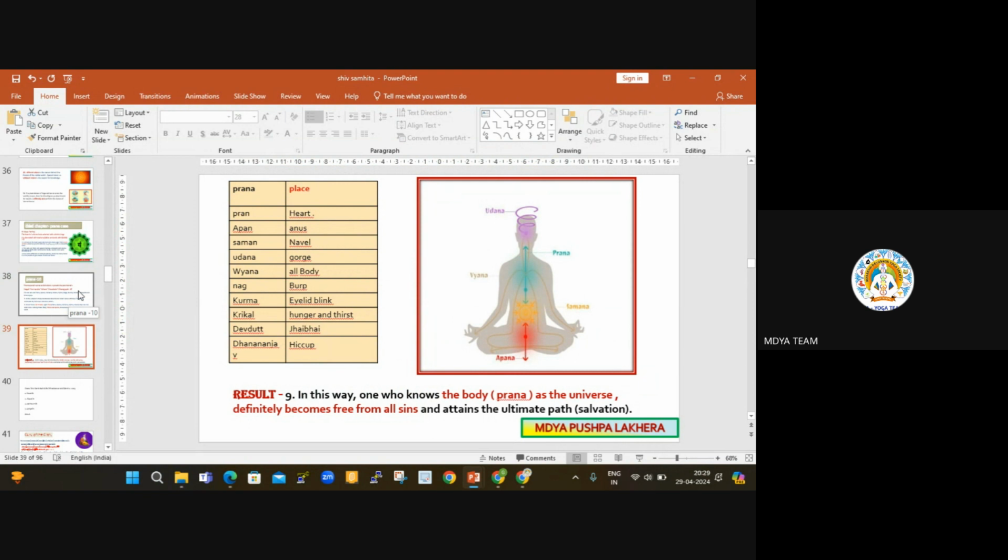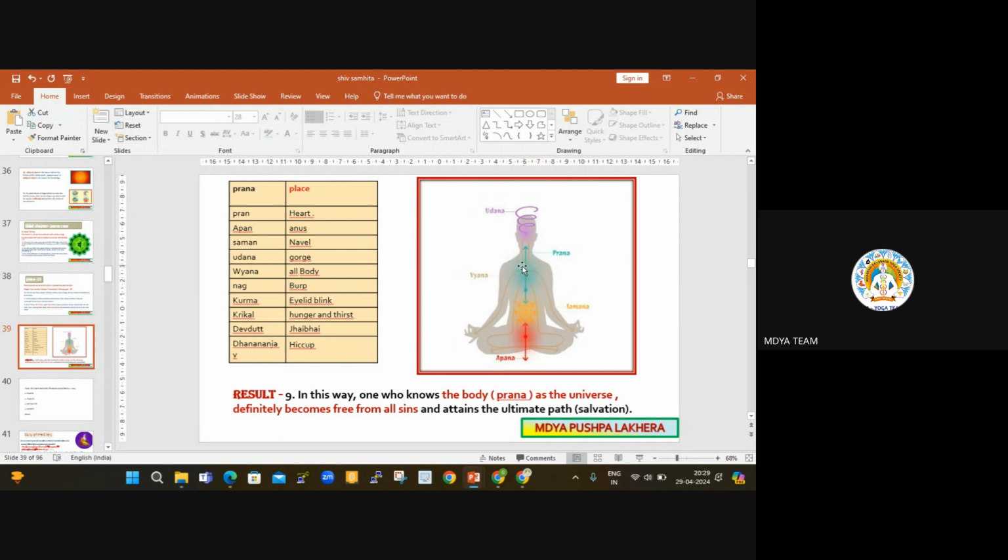Okay, but mainly after discussing these 10 pranas, Lord Shiva again gives importance to the 5 leading ones. Again, he says that, in his opinion, 2 pranas are more important. What are those 2 pranas? The one present in the heart region, because the heart is important, and the one in the anus region. Okay, what is that?